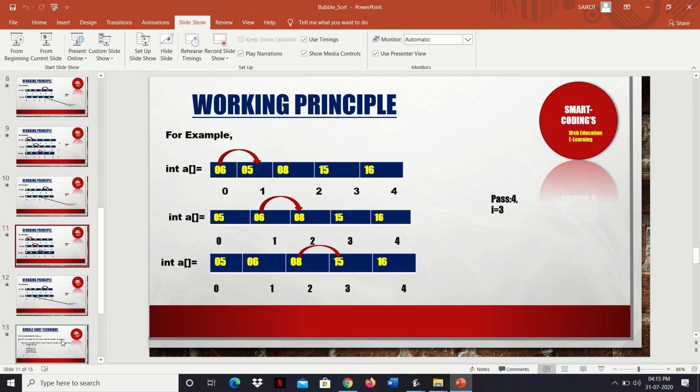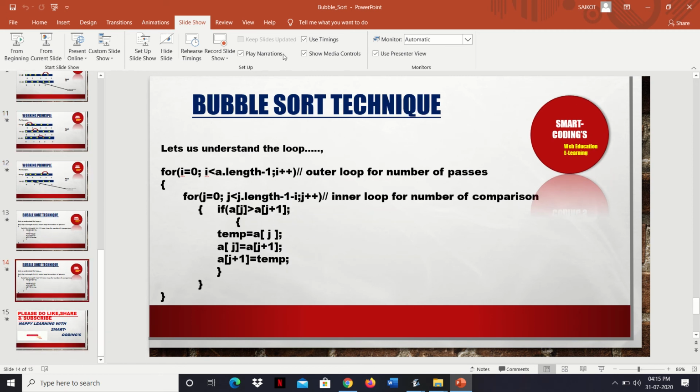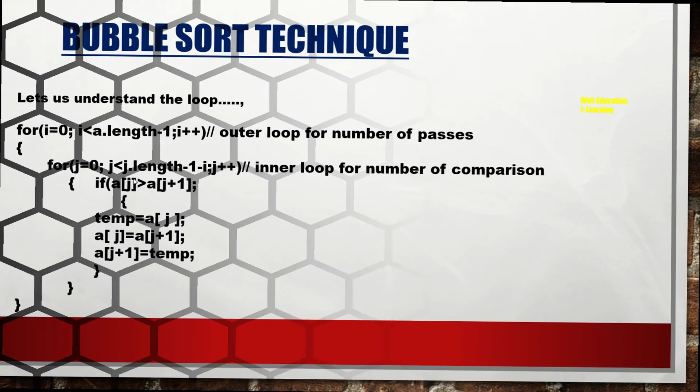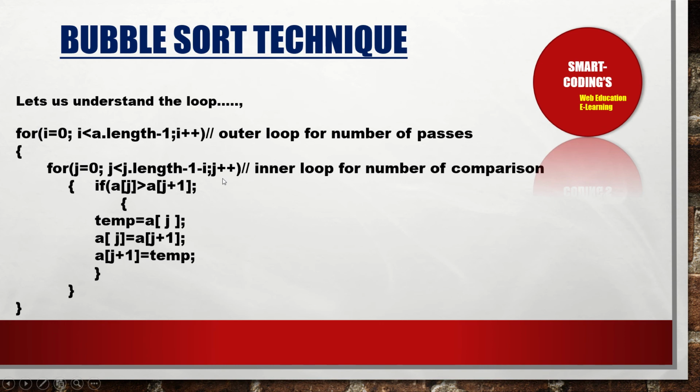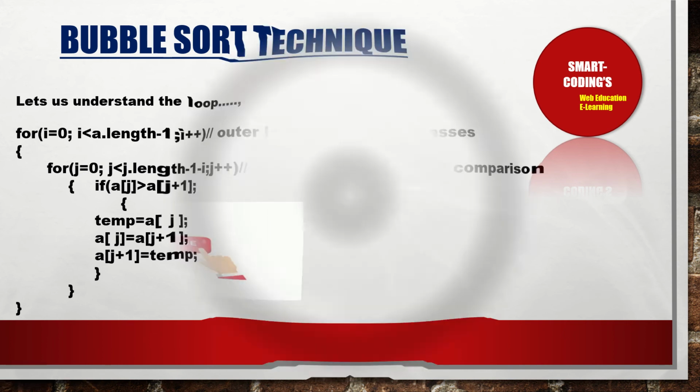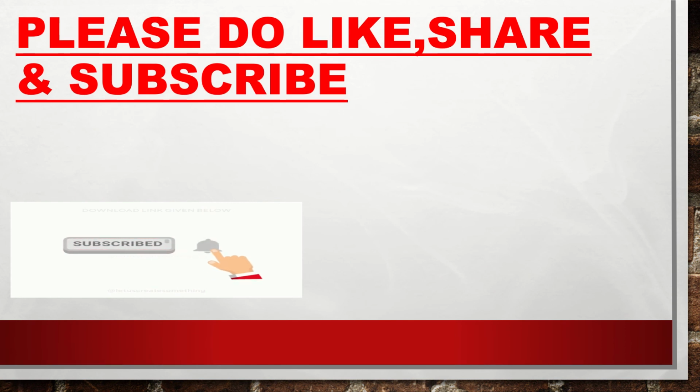That's why we need to make some modification in the loop, as I can show you here. You can see j equal to 0, j less than a.length minus 1, and I have said minus i, because in each pass, when the i value is increasing, the j range is decreasing. So the number of comparisons is decreasing, that's why I am doing minus i here. And this is for the number of passes. I hope this is clear to you. Any doubt, any issue, any difficulty in understanding, please do ask me in the YouTube comment section, and do watch the video completely.